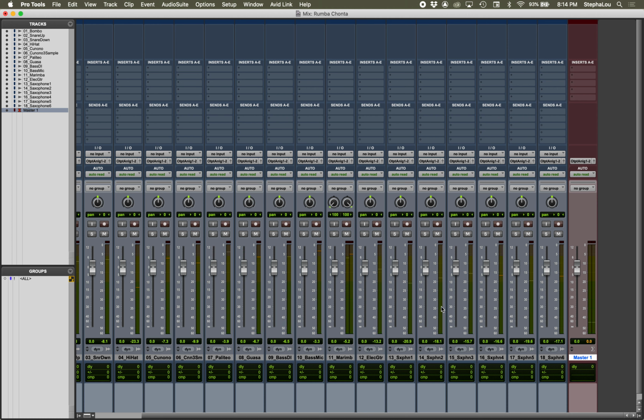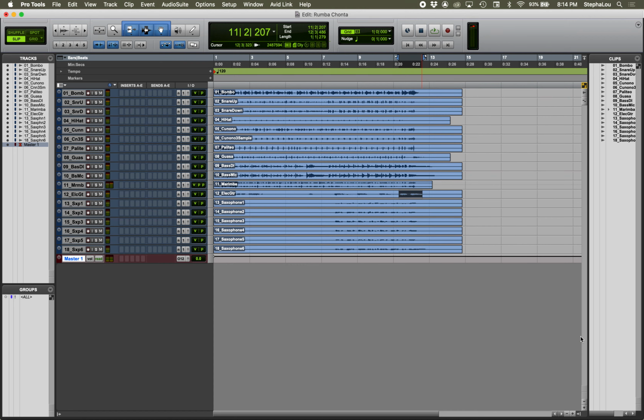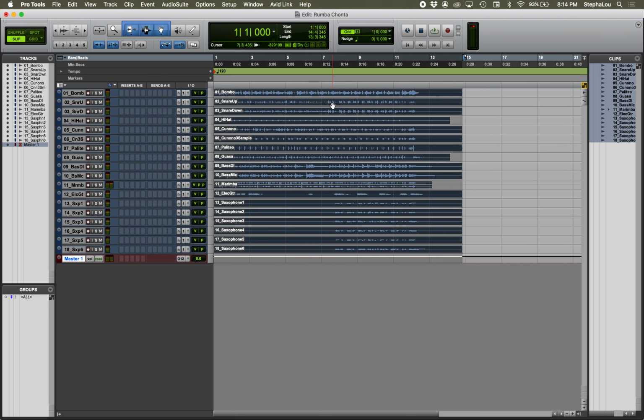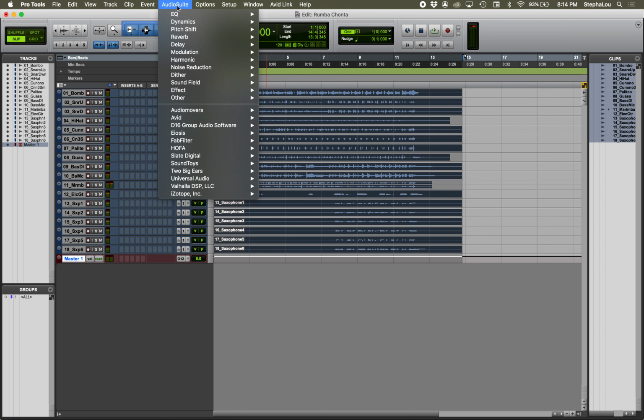So I showed you one way of doing that is to drop all your faders and then adjust your master fader. So that's one way of doing it. Maybe a better way of doing it is to do it with the AudioSuite. I'm going to go Shift Option Command and then grab the tracks. This selects all your tracks. That's a key command for it. And then I'm going to go to AudioSuite,